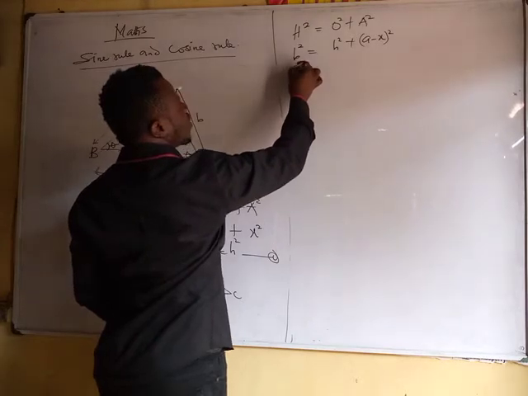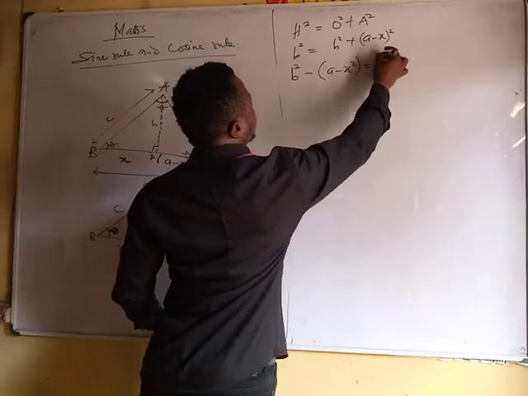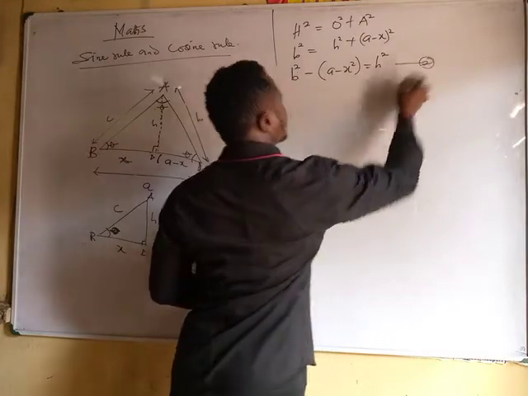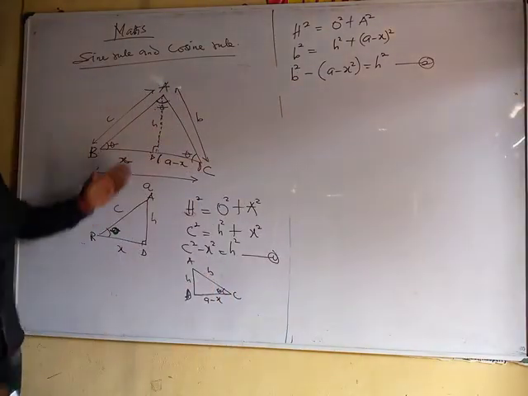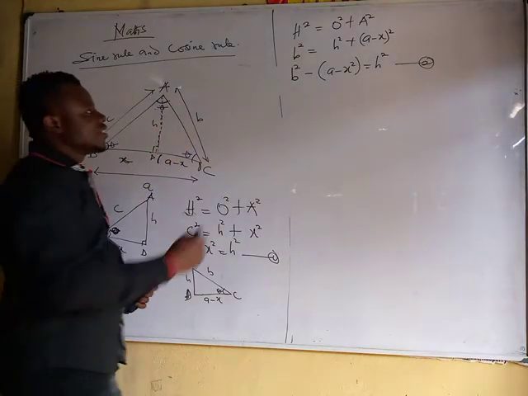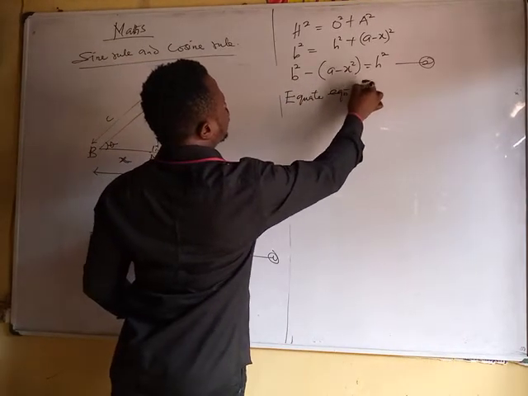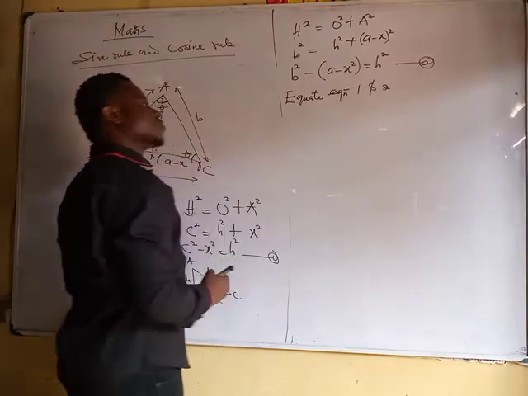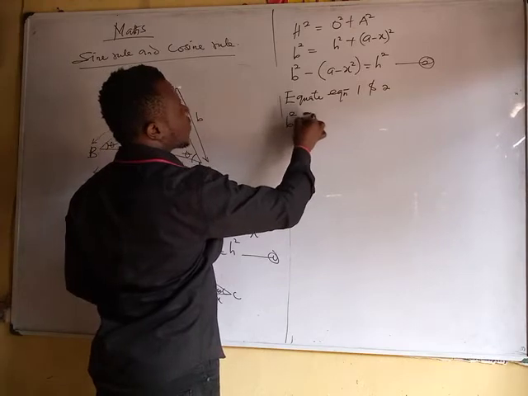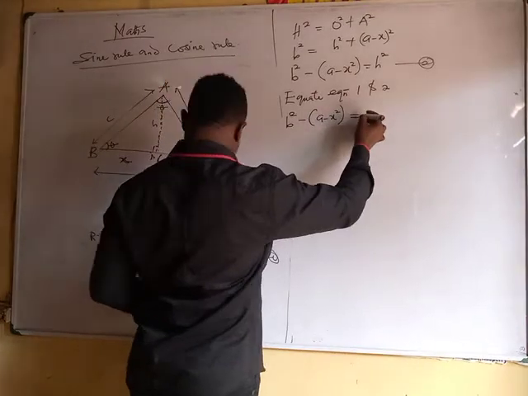So our b square minus a minus s square will give us what? H square. Let us call this one equation 2. Because the height of this side is also the height of this, I can say equate equation 1 and 2. Equating equation 1 and 2, it simply means b square minus a minus s square is equal to,